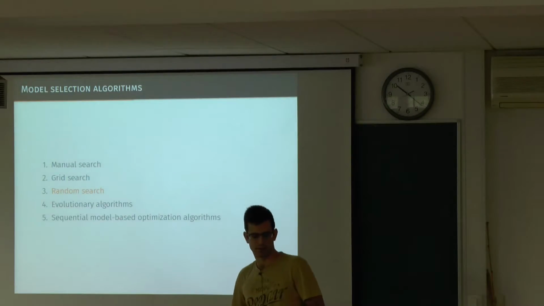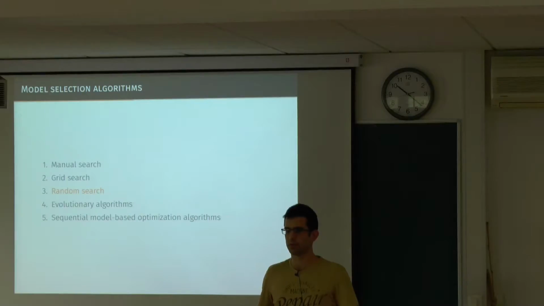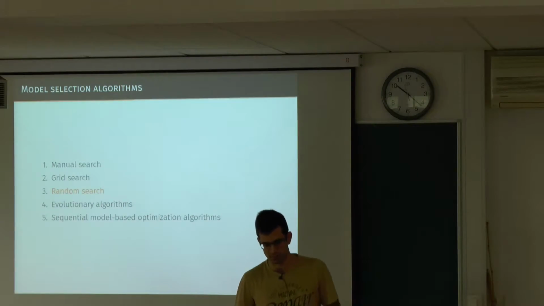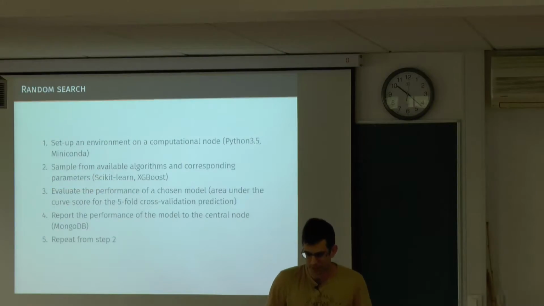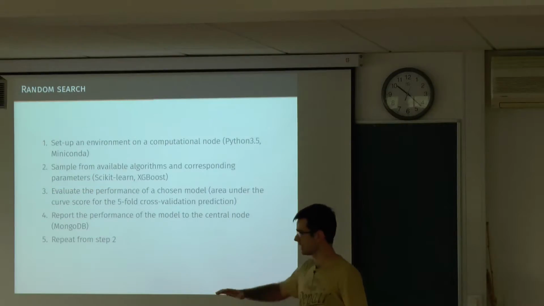Why? Because it's very easy to implement. It is very robust. It doesn't require any communication between the computing nodes, which was a big bonus for the implementation on the JSI grid. So the random search, so the setup,